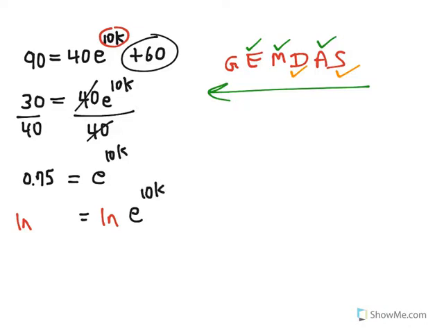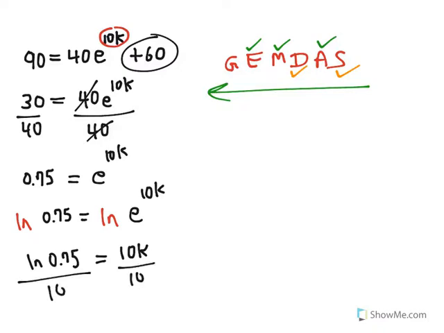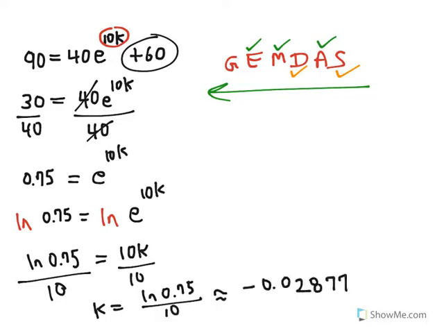And when you do that, this is what you have. So on the right side, you will just have 10k because natural log and exponentiation with base e are inverse operations. And on the left side, you have natural log of 0.75. And finally, you can solve for k now by dividing both sides of the equation by 10. So you get k is equal to the natural log of 0.75 over 10, which is approximately equal to